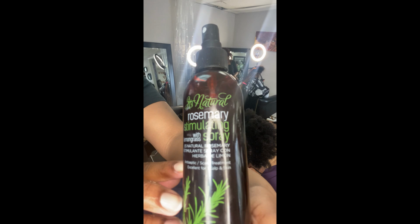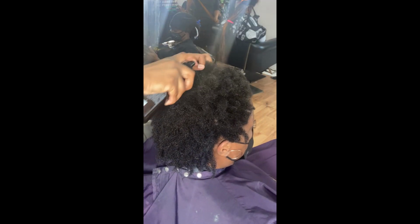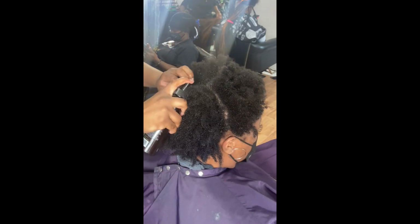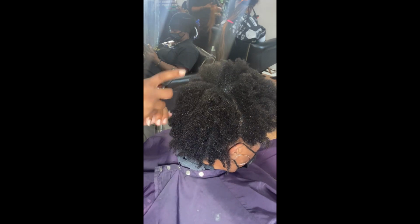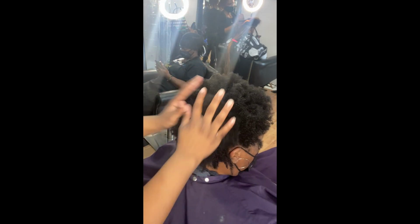All right. And she's applying the stimulating spray in my scalp. Oh my God. It felt so good in my scalp. I think I'm going to purchase this line because I feel my hair really loved the way that it felt in my scalp. So yeah, she distributed that, and then she also put in heat protectant in each section